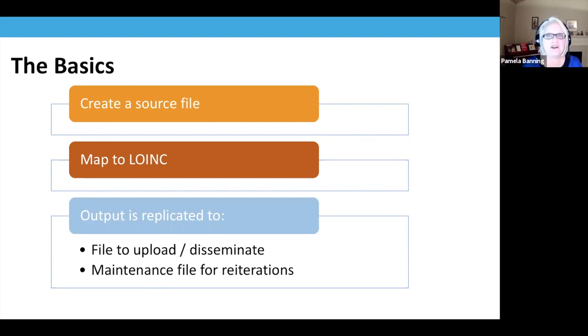Then comes the application of the learning that you're doing this week and in your independent study to mapping those particular terms from your local codes to a LOINC code. And then I always like to keep the acknowledgement that when you're done, you're not really ever done. Maintenance is a continual cycle. There will be new releases come out from LOINC. You will have changes to either your product line or to your laboratory, which will require some sort of maintenance tuning. And at the end of your mapping exercise, you will actually be turning over the file to somebody in maybe your IT department to upload to some tables